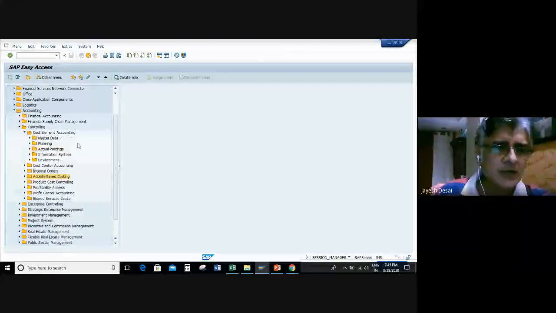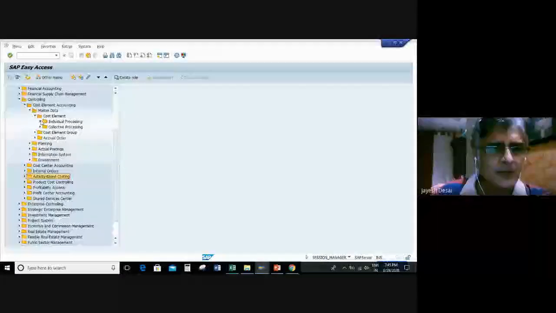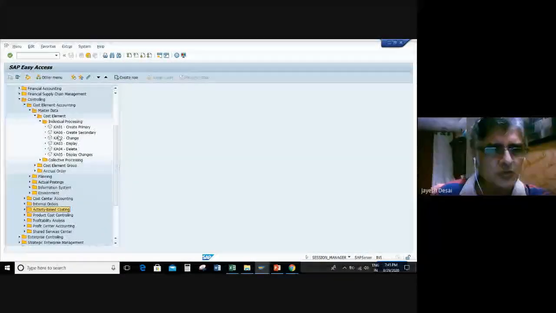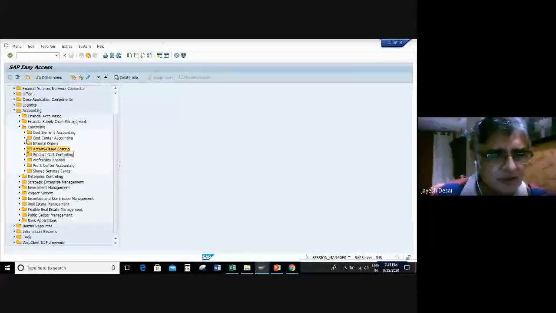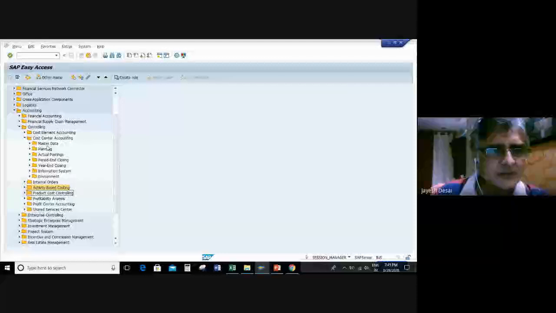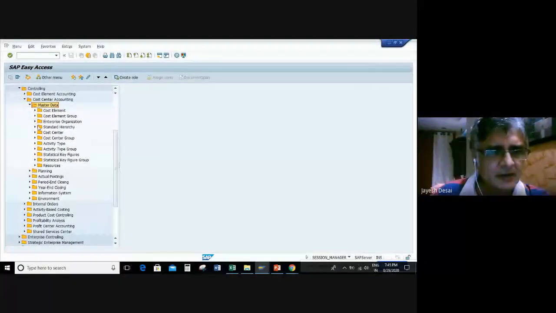So cost element accounting, like I've said, is the one which is related to the general ledger that you want to post to the controlling. And then the cost centers. So you will have cost centers master data.